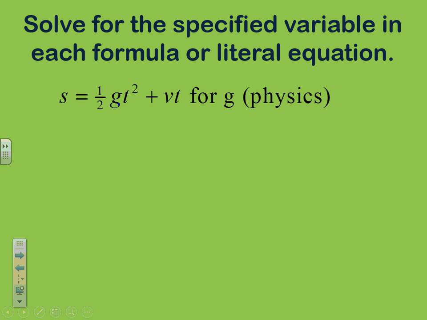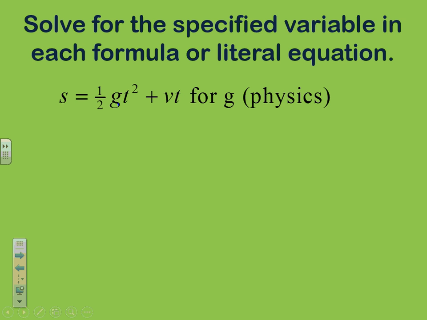And if we notice here on the right side of the equal sign in the expression, we have 1/2 multiplied by g, which is multiplied by t squared, and then we're adding the product of v times t. Now when we're solving an equation, typically we work our order of operations backwards, meaning that I usually take care of any addition or subtraction first before I take care of any multiplication or division. So it's kind of like doing our order of